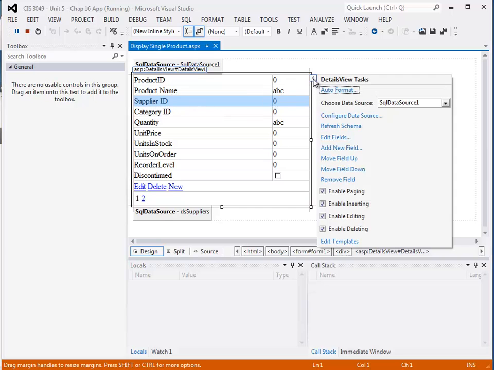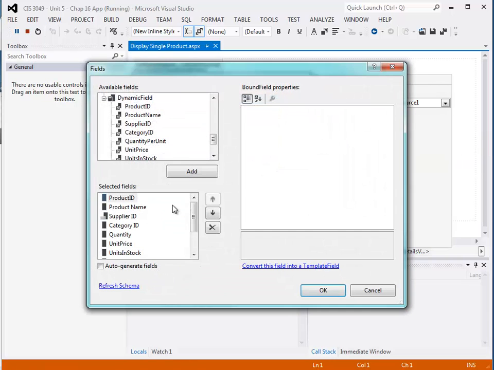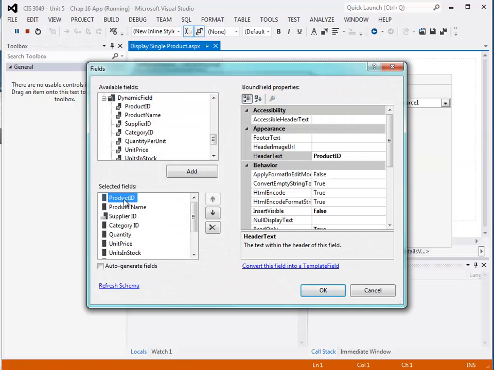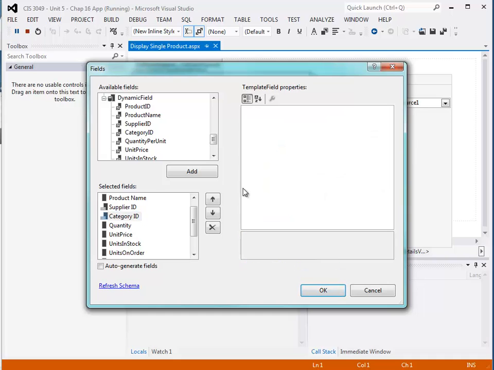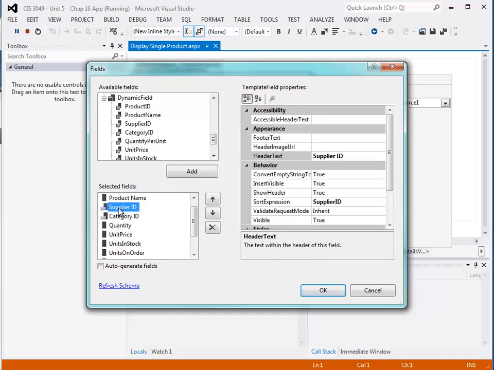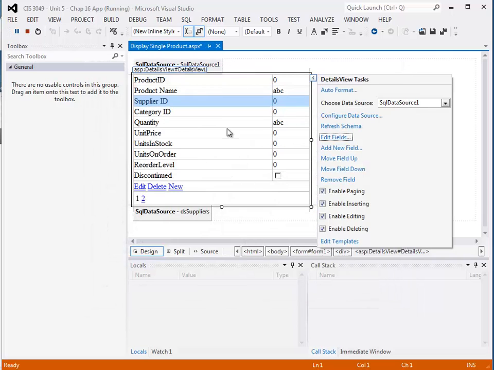So in data source, I can go to edit fields, and then here are my different fields. Notice how supplier ID looks a little different here. See this little icon? That means the template field. I'm changing the way it displays to something different. Same with category ID. I've already done it with supplier ID, but for category ID I can click on it and say convert this field to a template field. So now these are both template fields. Now if I go out of this,